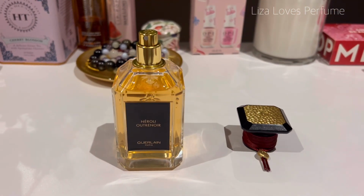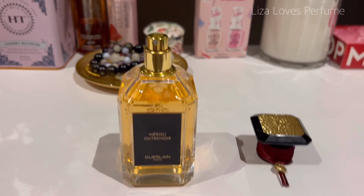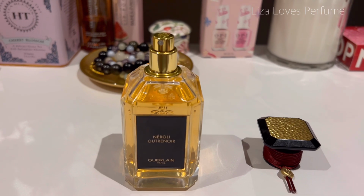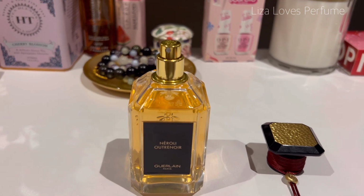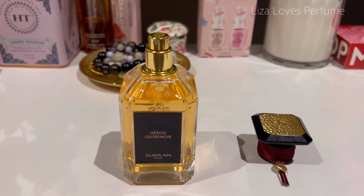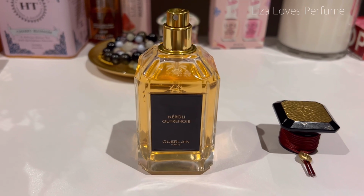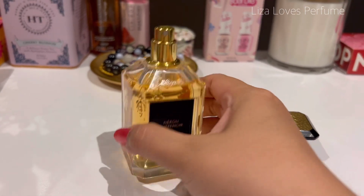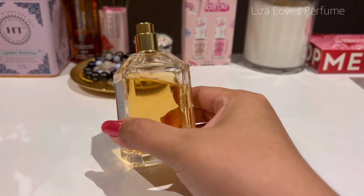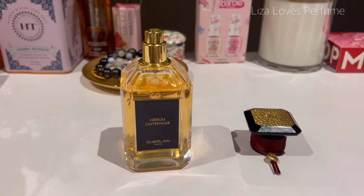Ooh, I'm smelling a bit of tea. That's probably because it's smoked tea, and then now the sweetness is coming through. Stunning. It's incredible. I was so happy that I was able to find this fragrance, and such a stunning bottle too. It really is something I could have for life, but I do keep all my perfume bottles forever, so